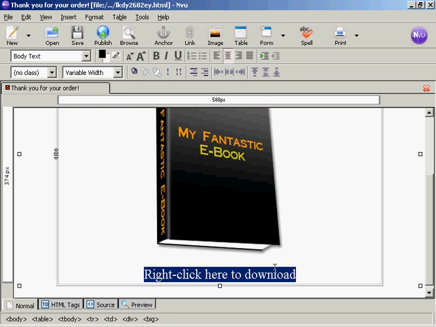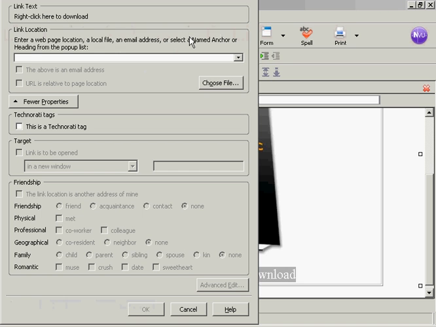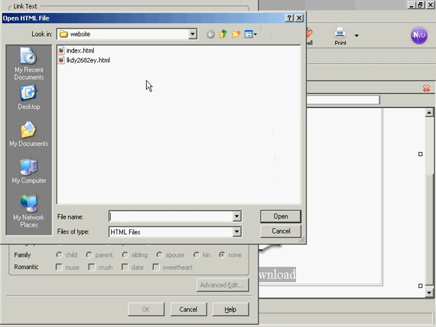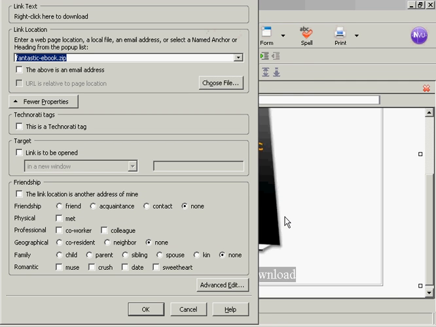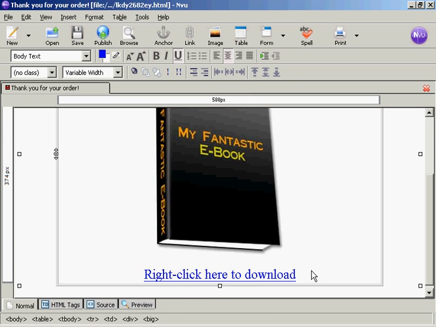and then I'm going to link to the product, which is a zip file. So click here on link, and again choose file, and we want to have all files, and this is the one that I'm going to download, fantastic ebook.zip, or what I want the customer to download. So click on that and click on open, and none of this applies, so we'll just ignore all this and click on OK,